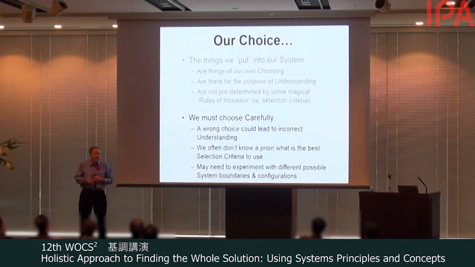Most of our system engineering teaching, the first step is to draw the boundary of the system. And then they say, look at the data flow in and out of that system. But that presumes it's obvious where the boundary is. But if you draw the boundary in the wrong place, you might have bad behavior of the system, or it may make it difficult to understand the real system. So we need to choose carefully where the boundary is, because that affects our understanding of the system.